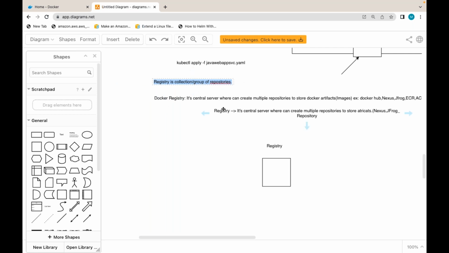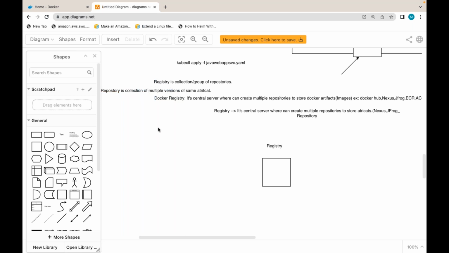What is a repository? Using a repository, can I store multiple versions of the artifact? Same artifact, multiple versions. A repository is a collection of multiple versions of the same artifact.